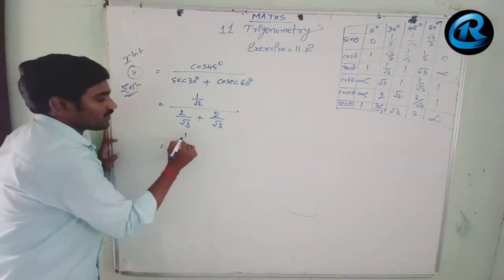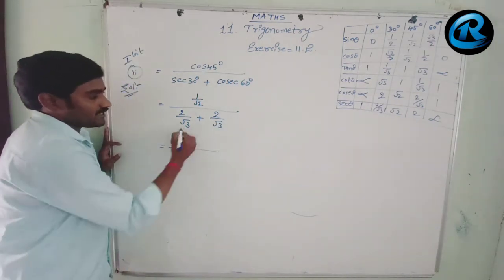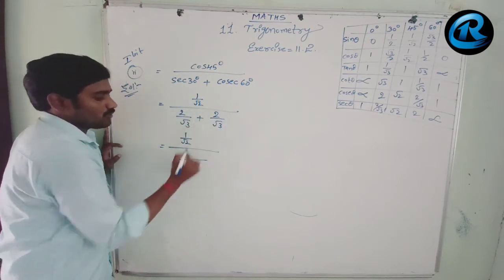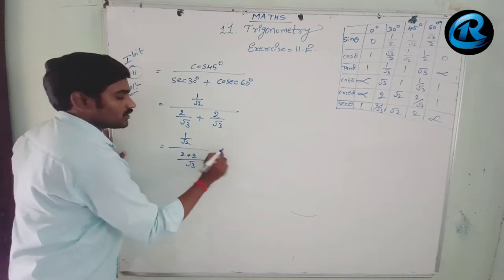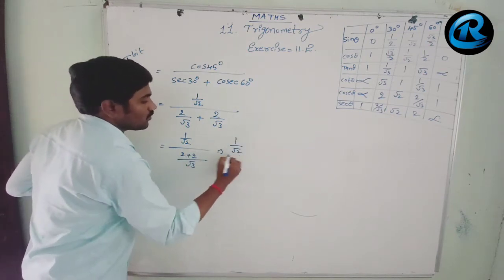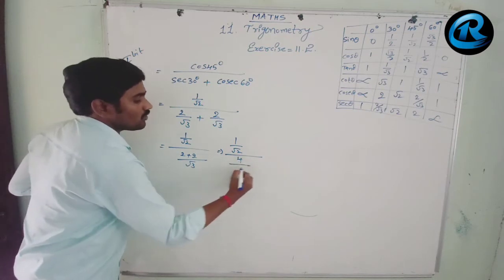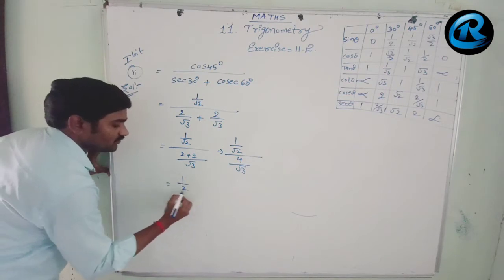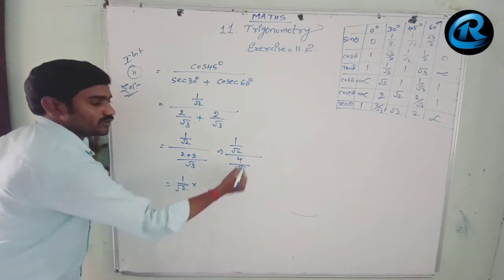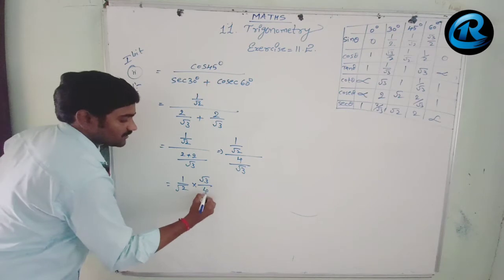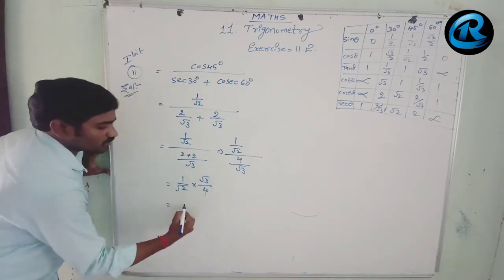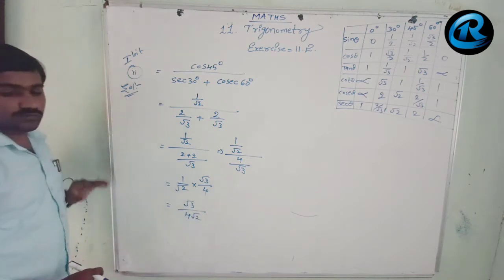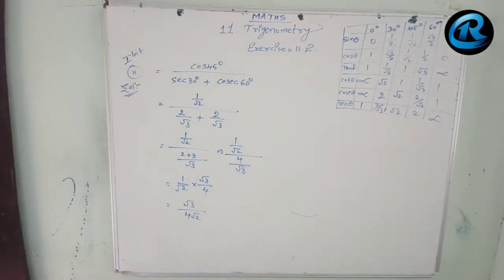So in the numerator part, 1 by root 2 we keep as it is. In the denominator, see that these two are like fractions. So what we get, root 3 in the denominator, 2 plus 2. Let us write here 1 by root 2 whole by 2 plus 2, that is 4 by root 3. When fraction by fraction comes, what we need to do? The first fraction we write as it is, into the reciprocal of the second fraction. That is 1 into root 3 by 4 into root 2, that is root 3 by 4 root 2. So this will be the solution of the second one.